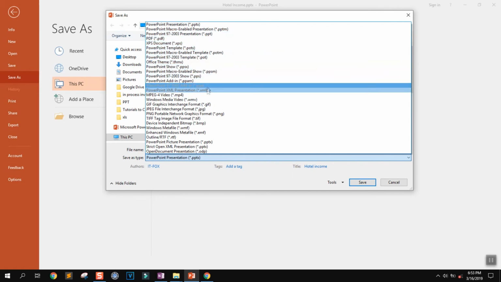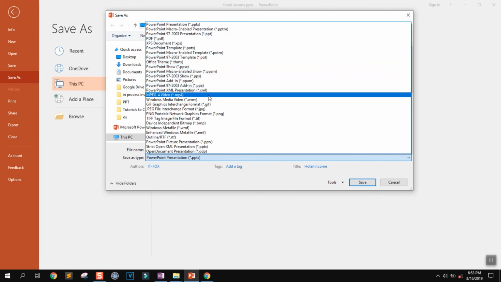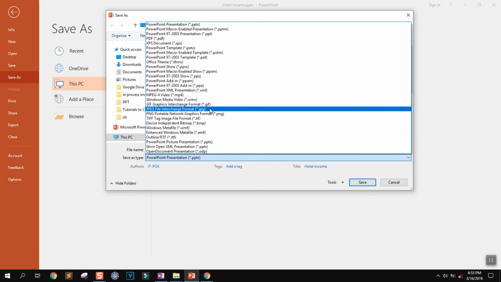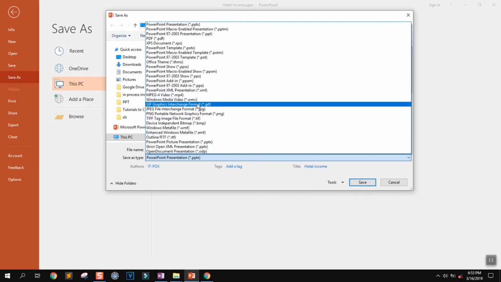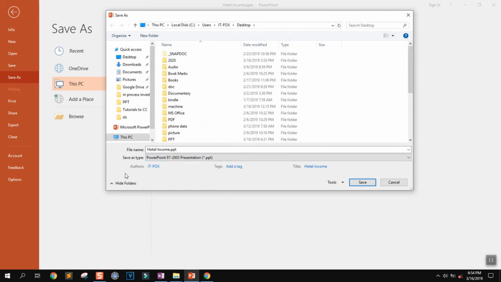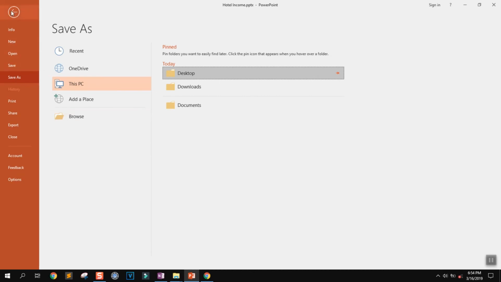The next option is that you can save your PowerPoint presentation as an MP4 video or WMV video, or even as pictures. I invite you guys to go through all these options and choices to select the one which fits you the most. Now I'm going to click Cancel, and here I will go back